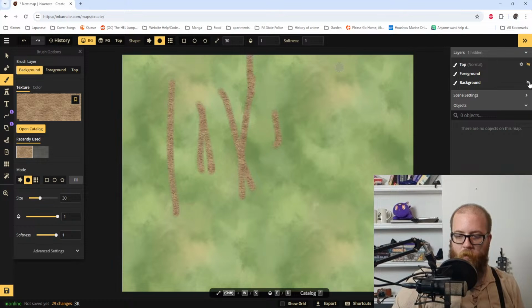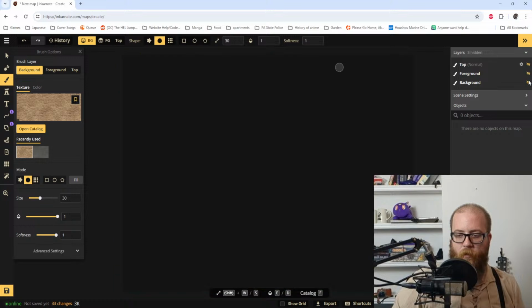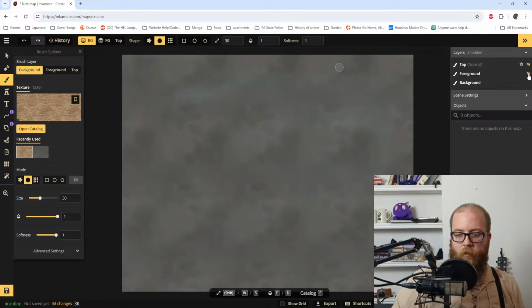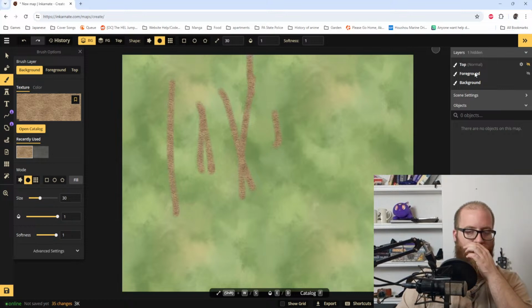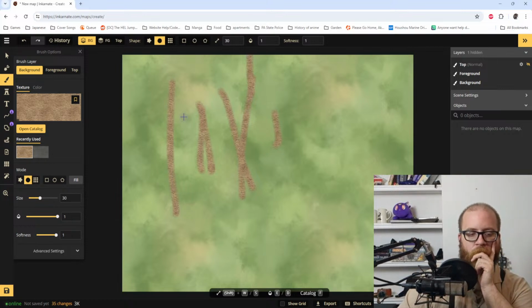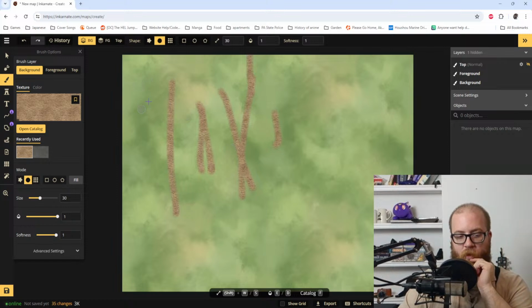The background doesn't even show up when I do. Ah, what the fuck? So the add the landmass is on the foreground. Man, I really should have taken a refresher when I started doing this. Where is...